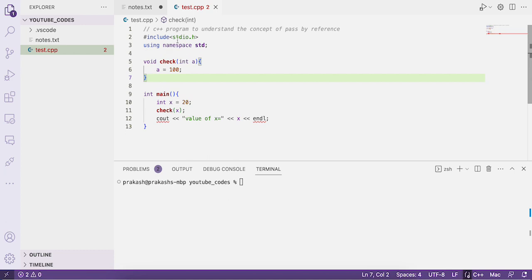Cout is not defined, sorry, I'm using stdio.h over here. It should be include iostream, using namespace std. Then we have a normal function call. I'm calling this function check with the value of x, which is 20. When control transfers to the check function, the value 20 gets assigned into a, and I'm assigning a the new value 100. So what happens when I print the value of x after the function call? Let us understand that. For that, g++